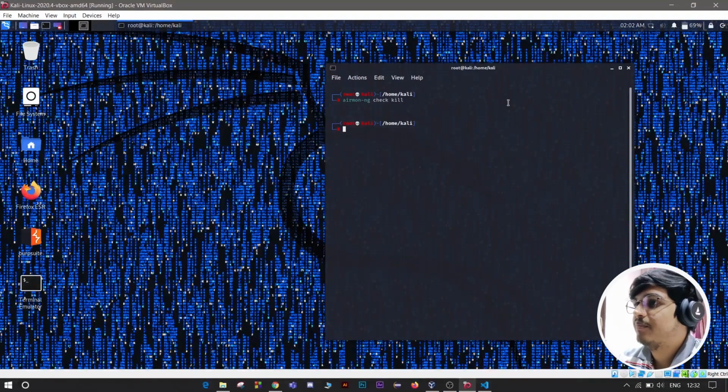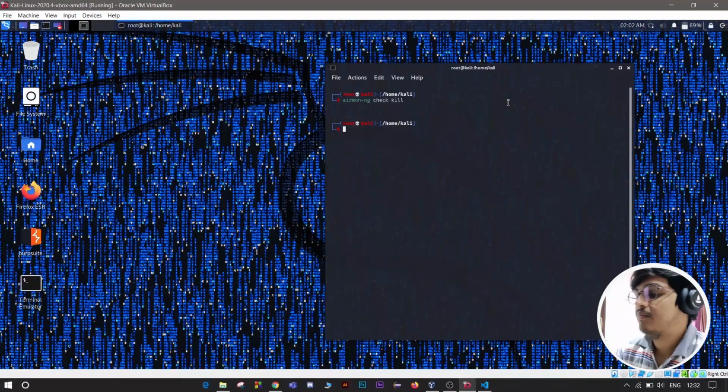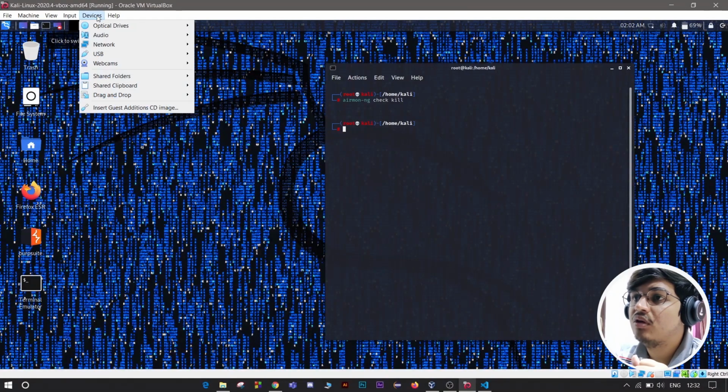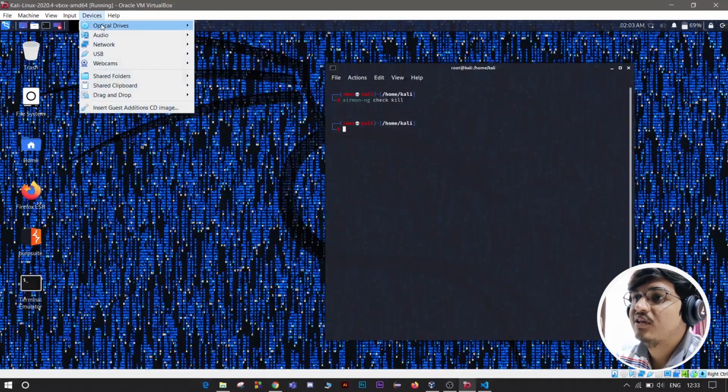So after doing airmon-ng check kill, now we will plug our Wi-Fi adapter into the system, and I recommend plugging into a USB 2.0 port. Now go to the device, USB, and check the Wi-Fi adapter name, which in my case is Realtek. Okay, I checked it.